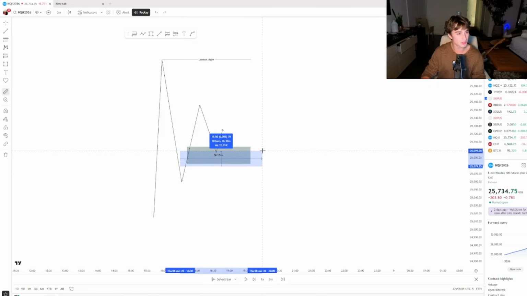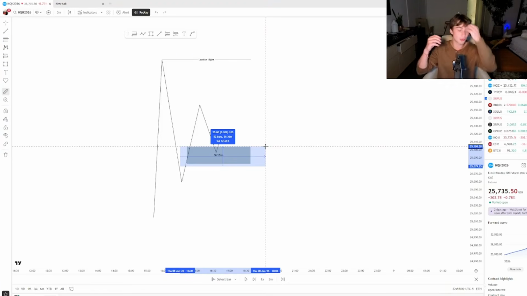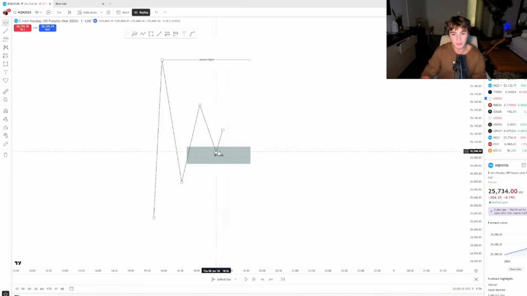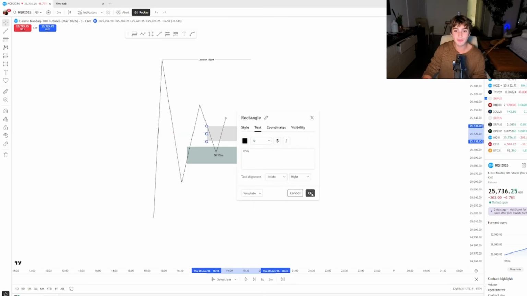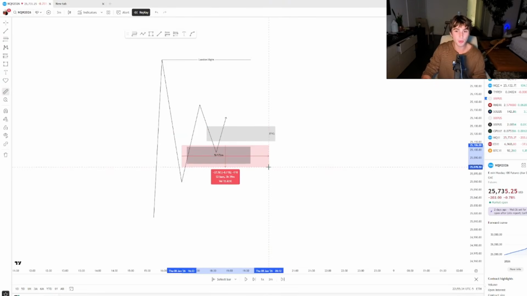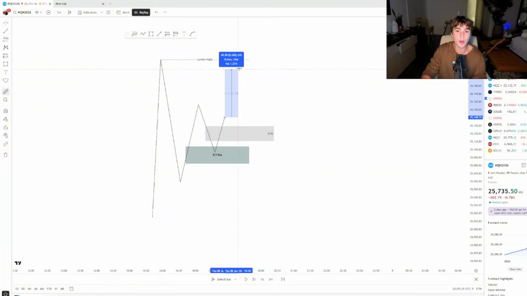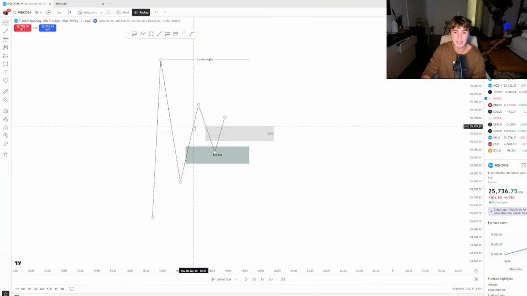What does that mean? Price trades into the 5 or 15 minute. I like to use those best for the foundation of my trades when trading with an internal range. But we trade into the 5 or 15 minute fair value gap. I'm going to wait for confirmation. And so I find that confirmation through inversions. So after we trade into this 5 or 15 minute gap, I get an inverse out of this. That confirms that this level that was supported is now flipping order flow upwards. And we're turning an opinion into a fact.